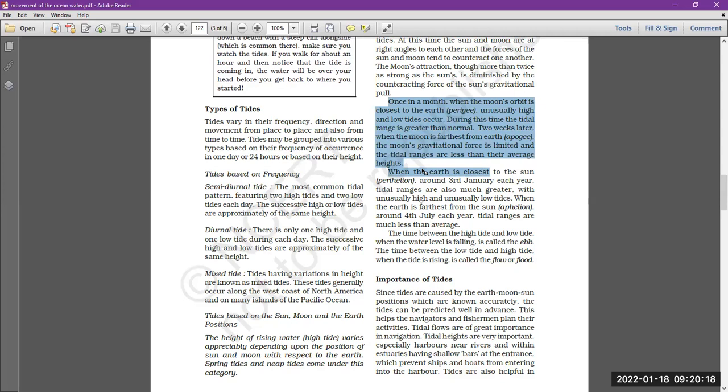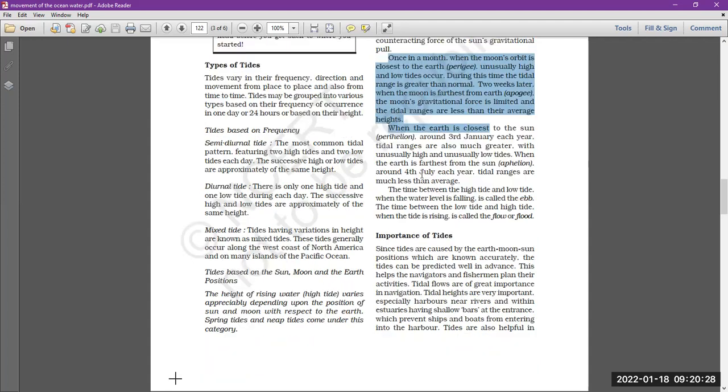The average height से less क्यों है? Because the position of the moon is farthest from the earth. तो farthest होगा तो gravitational force कम लग रहा है। Now the next one, that is when the earth is closest to the sun, and that position is perihelion, and when the earth is farthest from the sun, that is aphelion. farthest होगा तो aphelion है, closest होगा sun से तो perihelion है। तो 3rd जनवरी को वो सबसे ज्यादा closest होता है।